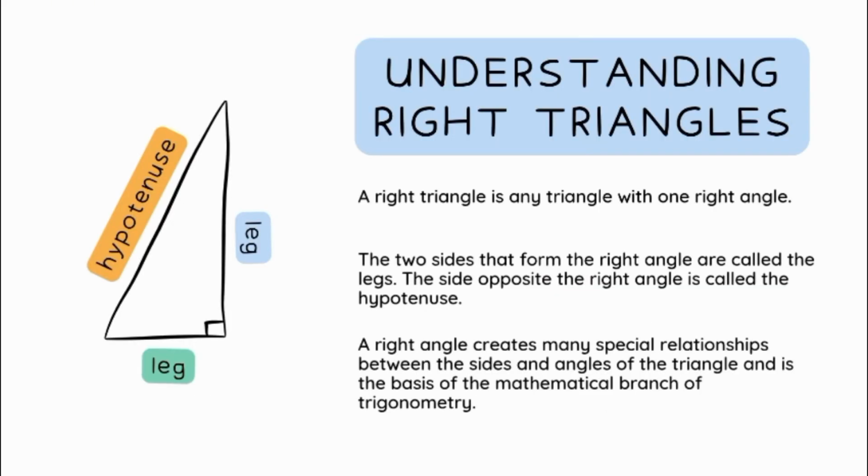Before using the Pythagorean theorem, we need to understand what a right triangle is. A right triangle is a triangle that has one angle measuring 90 degrees. The two shorter sides are called the legs. The longest side, which is opposite the right angle, is called the hypotenuse. It is very important to identify the sides correctly because the Pythagorean theorem only works with right triangles.